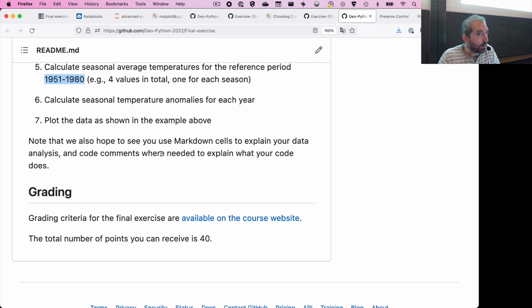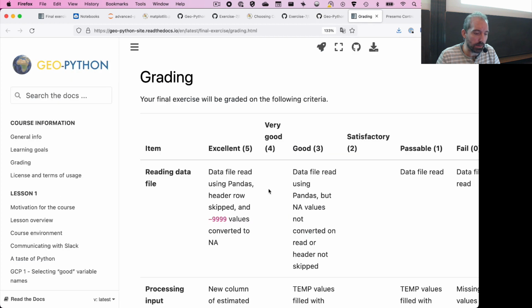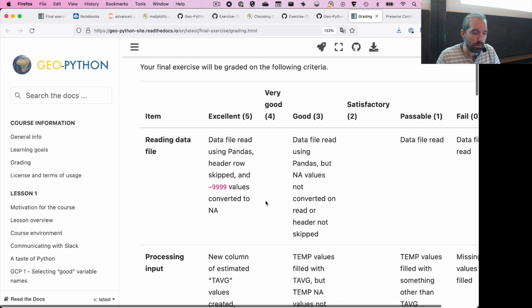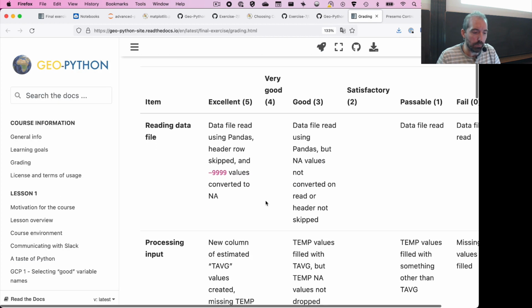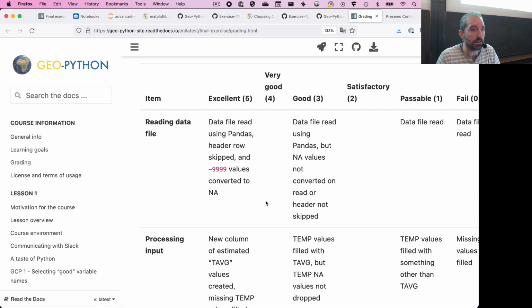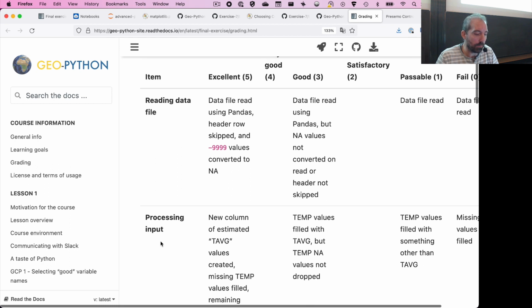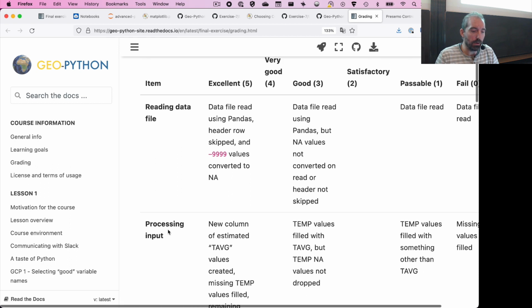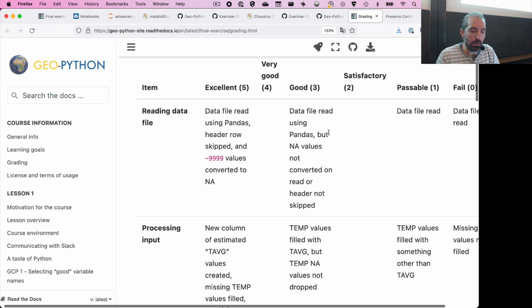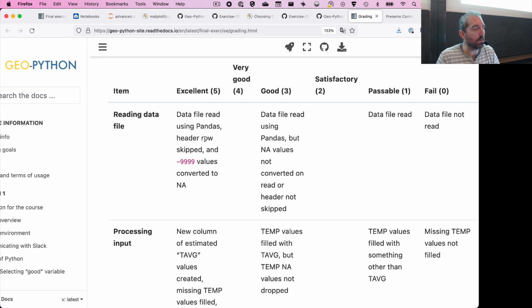To help you in figuring out how you want to spend your time and invest your energy, you will find on the course page a breakdown of how the grading is done. So this also should help you feel that we will be objective in assessing how you've done things. So these are the different items that you're asked to do. So reading in the data file, processing the input, etc. And you can find what will give you the full points for that part of the exercise,